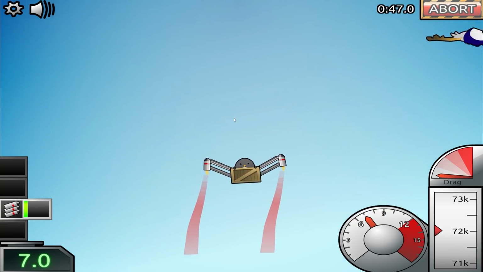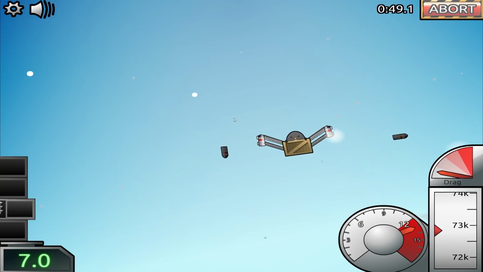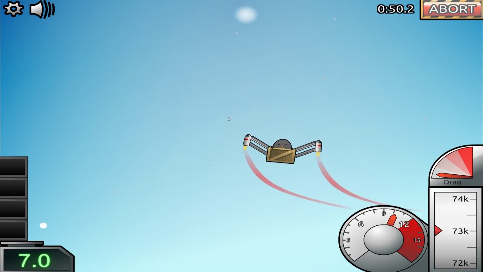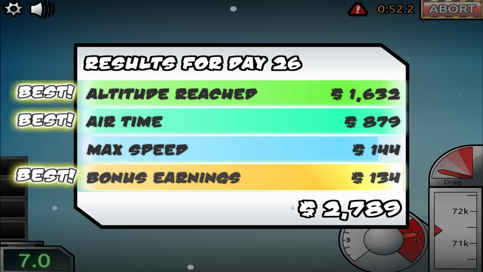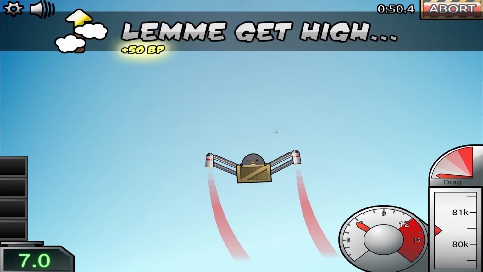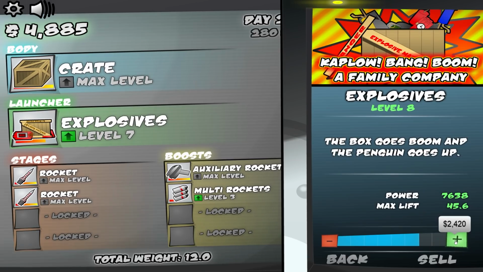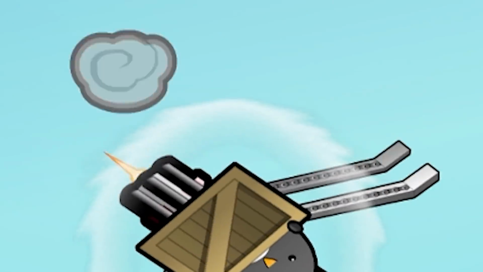And we broke 70,000 feet and we're still going. Once we upgrade that explosive a few more times, we'll really get some height. So for this one, we made almost $3,000 for a bunch of new bests. 80,000 feet this time, so we're making pretty good progress every upgrade. That earned us $3,000, so we can buy one upgrade, and we're 500 short of the final explosive upgrade. But this one should launch us over...